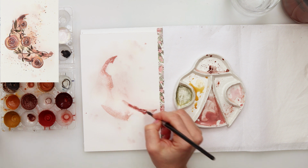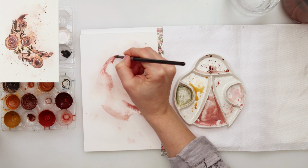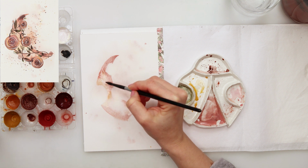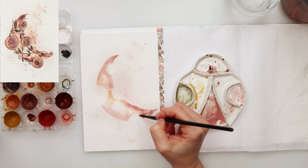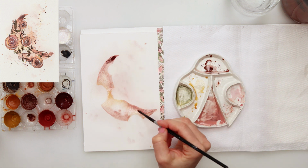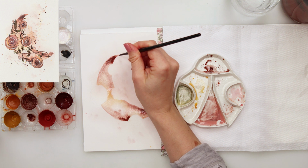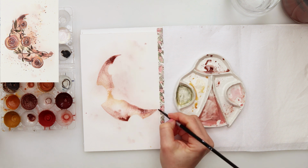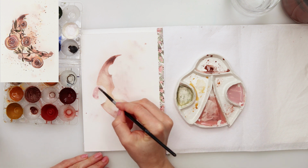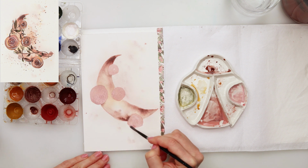And you can already see how beautiful that looks with the background that we painted in a looser style added on top. That second layer just looks so beautiful and so shiny, I would say. And again I did not paint the entire moon, I also left some part white, added a little bit of yellow here and there, and then a little bit of brownish color. Afterwards I left it to dry completely again, and then painted in the circles with a lighter pink color